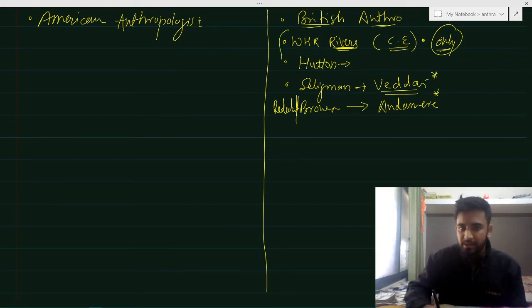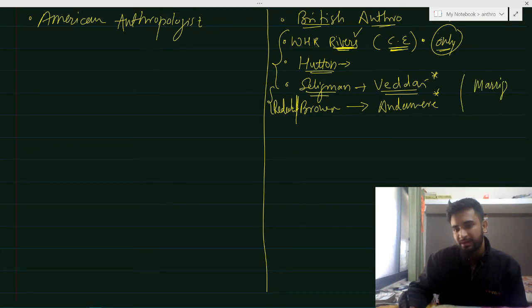But you are going to write down the names of these few scholars, because we are going to discuss them in anthropological theories. Hutton will be discussed in the same unit. Seligman will be covered during the institution of marriage, that is chapter 1, paper 1, and Radcliffe Brown is going to be with us for a long journey. So we are going to cover this. You have to make sure that you remember that these were Britishers.